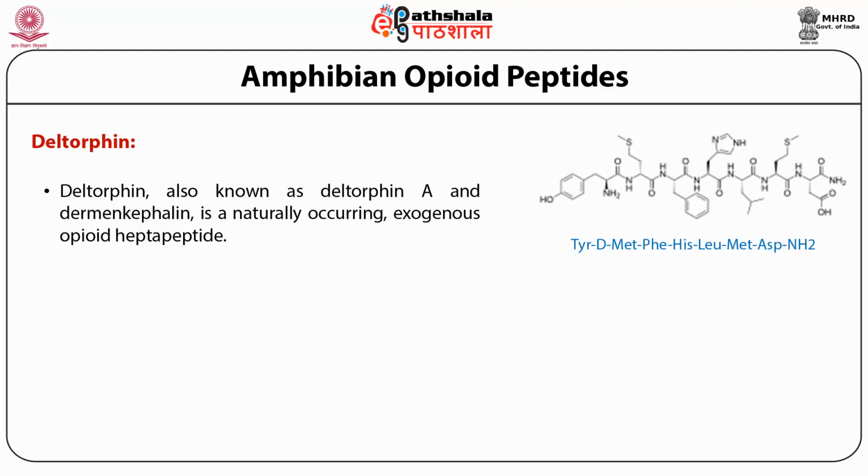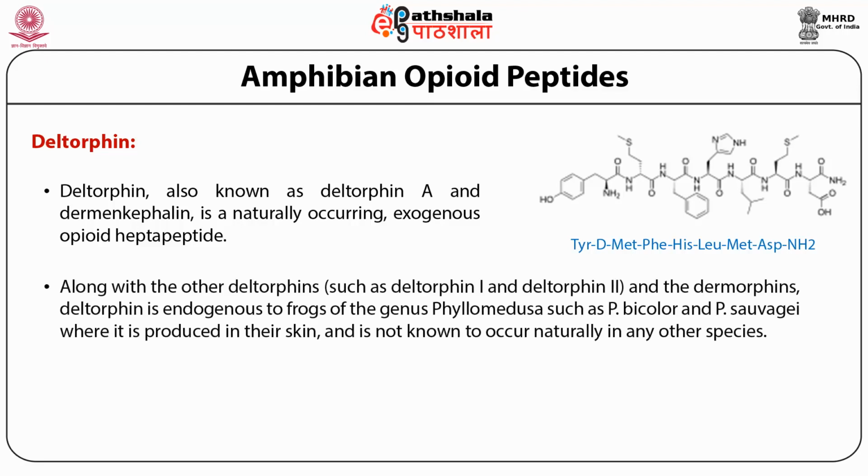Deltorphin A is a naturally occurring exogenous heptapeptide. So as you can see, this is a heptapeptide, but the important part is that the methionine residue in this sequence is actually D-methionine. Along with the other deltorphins, such as deltorphin 1 and deltorphin 2, the deltorphin is endogenous to frogs of